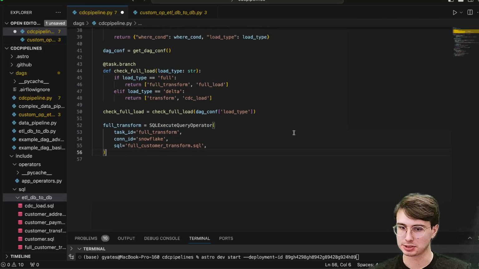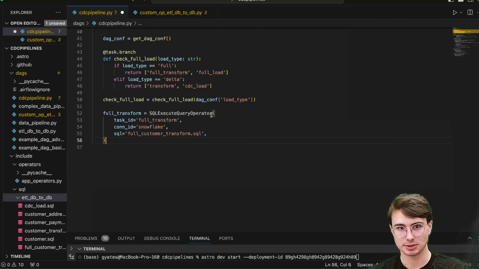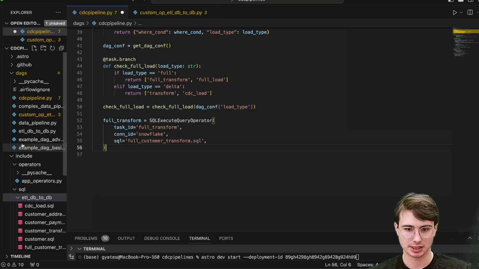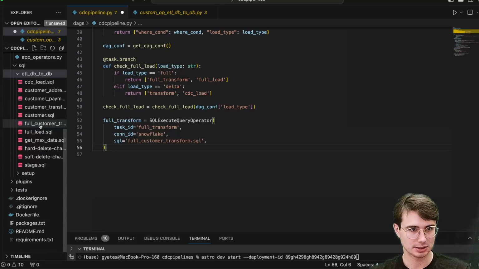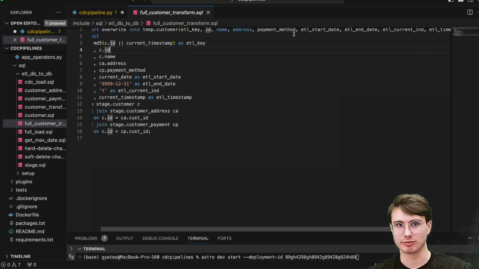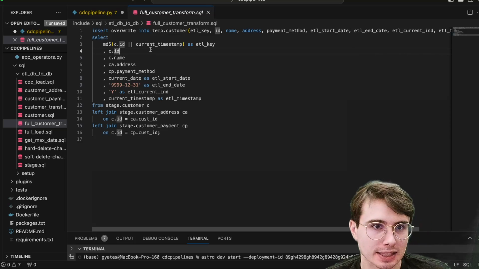So here, this is when we're going to start building our SQL statements out. For our full transform SQL execute query operator, we'll connect to our Snowflake database, and then it will run this SQL statement. So here we have our full customer transform, where we're going to overwrite into our temporary customer table the ETL key, ID, name, all the different information around the customer, and then select using that key,